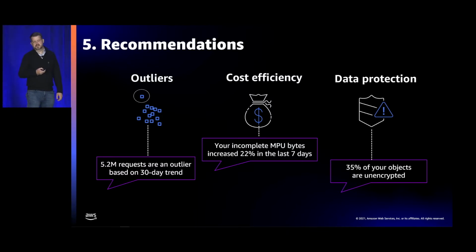callout that appears that helps you understand if you have spikes upward or downward in your storage. It analyzes your data over the last 30 days and tells you if that's a normal expected spike or an unusual one. It's something worth looking into.